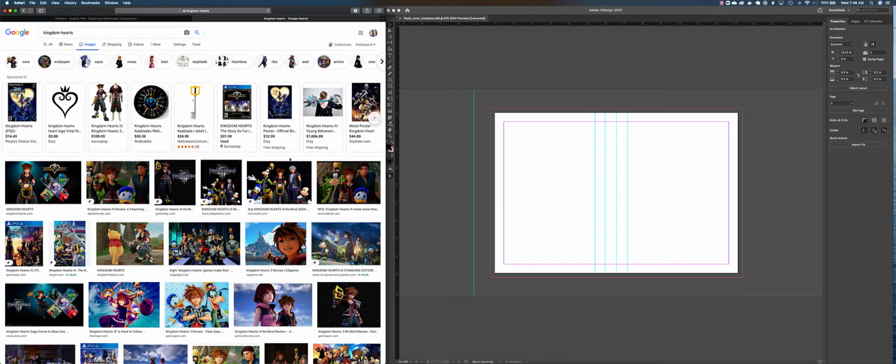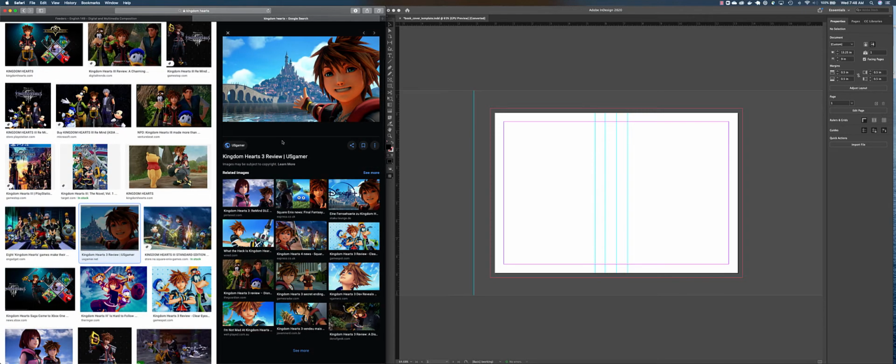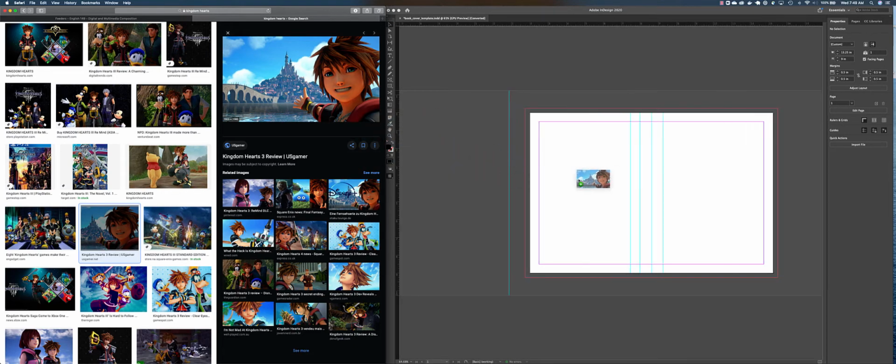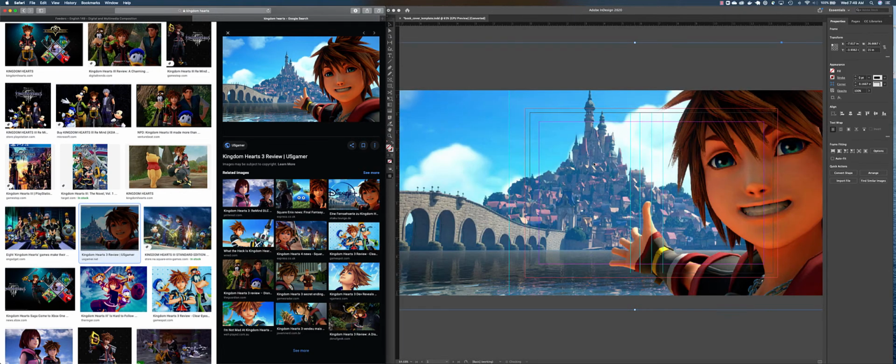So again, typically you would be worried about copyright, but we're in fair use territory because this is a class. So you can download this picture, or sometimes you can just drag and drop it.